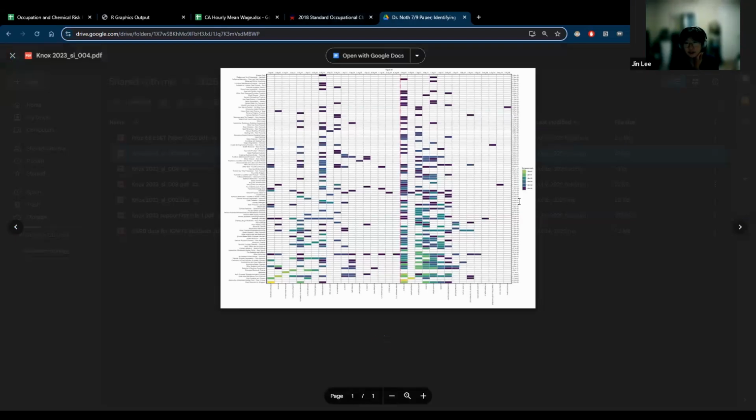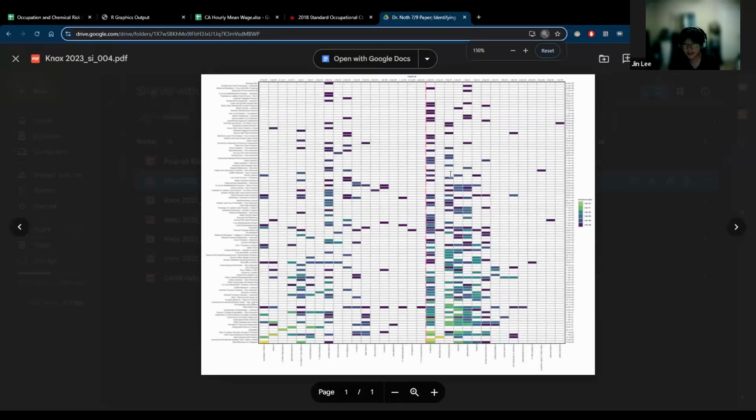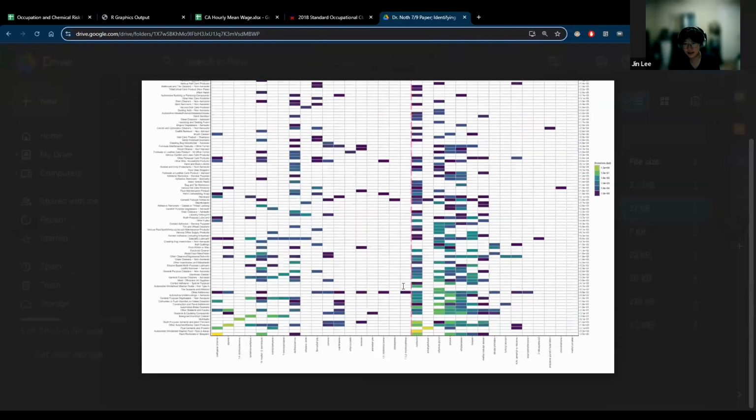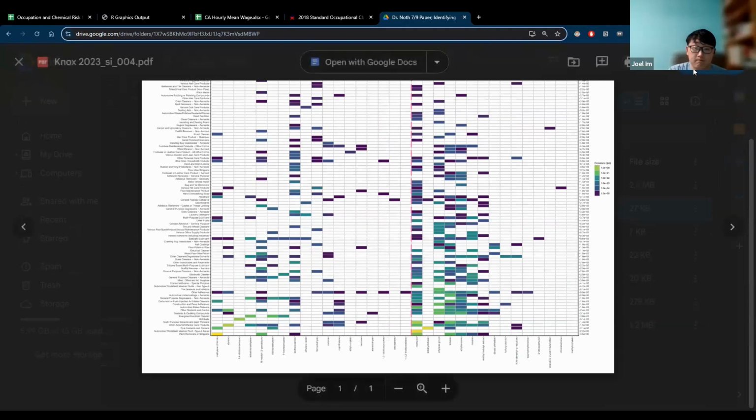I highly suggest you download this. You can print it as PDF or whatever. But this is where it's all at, left to the pink line. That's all we care about.